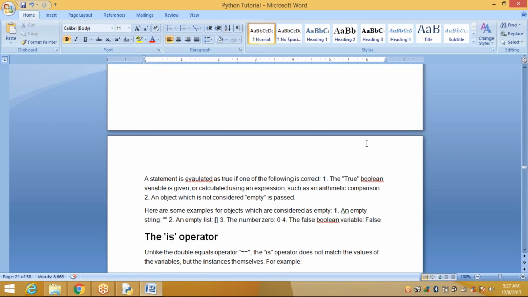Now, if you want to compare individual elements, suppose x is equal to something, y is equal to something. Now you want to print whether x is greater than y, or x is less than y, or x is less than or equal to y, like this.